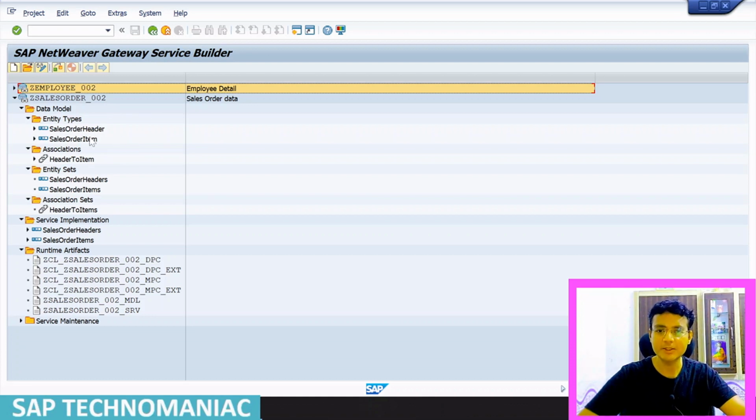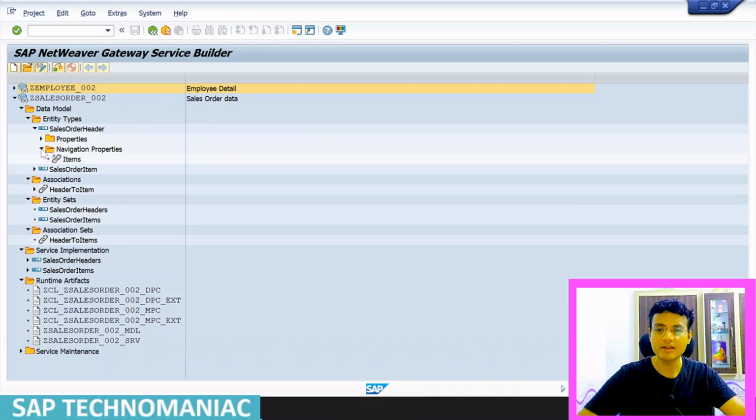Inside this, we have created two entity types. One is the sales order header, another one is the sales order item. From the sales order header, we are getting some of the fields from the VBAK header table, and from the sales order item, we are getting some of the fields from the VBAP sales order line item table. And we established the link between the sales order header and sales order line item using the association header to item. And we created the navigation property under the sales order header called